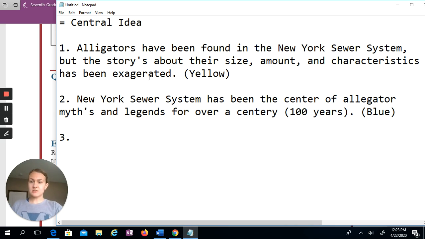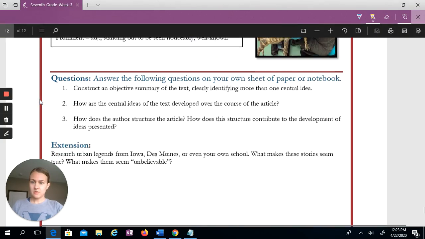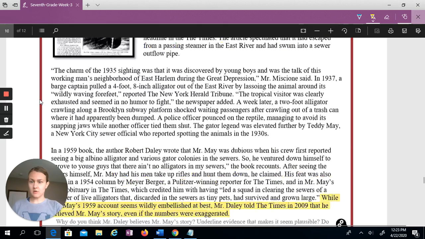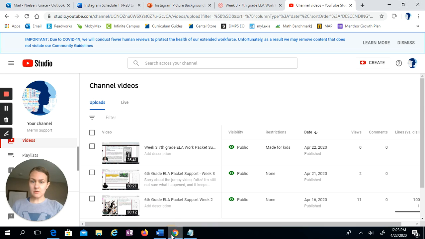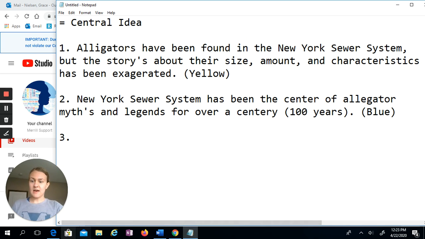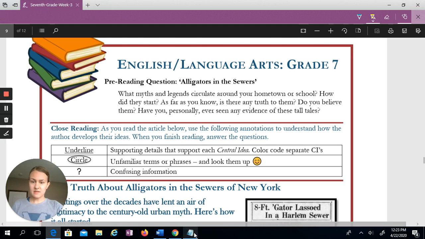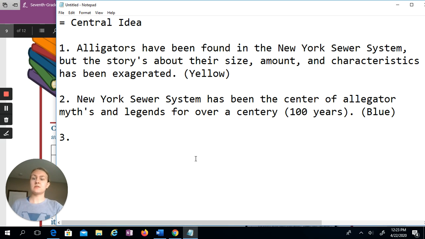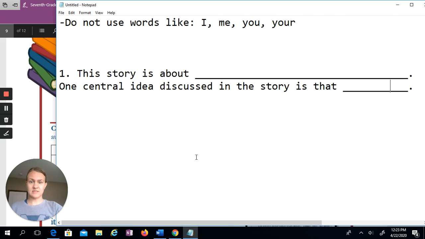I'm going to start with this one, because based on the structure or the order of this story, it'd be a good idea to start my paragraph with this idea that the New York sewer system has been the center of alligator myths and legends for over 100 years. So here's what I'm going to write. One central idea discussed in the story is that